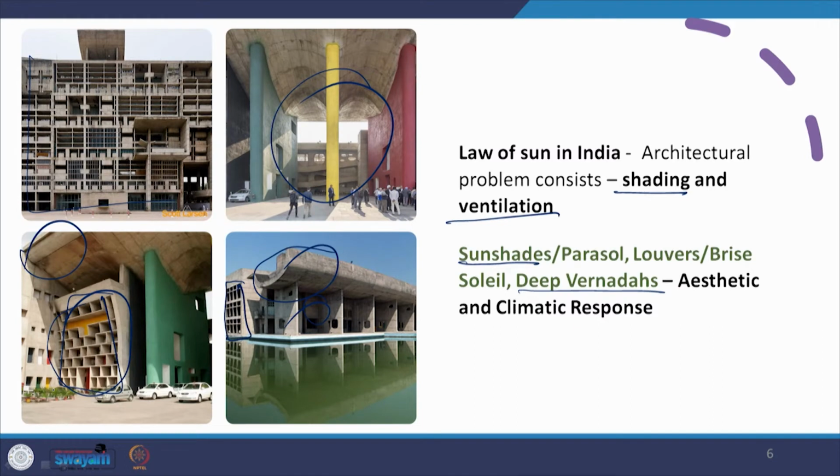Everything that Corbusier does, he does it in a certain hierarchical fashion. If he is bringing monumentality into his buildings, then every feature and every component in the building responds to that monumentality. So if you are talking of the brise soleil or the louvers here, or on the side of the assembly building, they are monumental. If you talk of the verandas, the verandas are monumental, as you can see from the human scale, the humans in front of it. It is a vast and massive veranda, and yet it continues to be very well shaded.